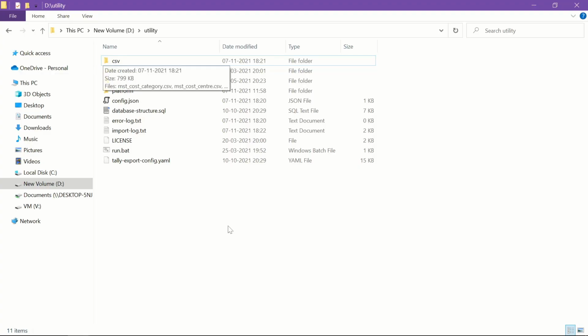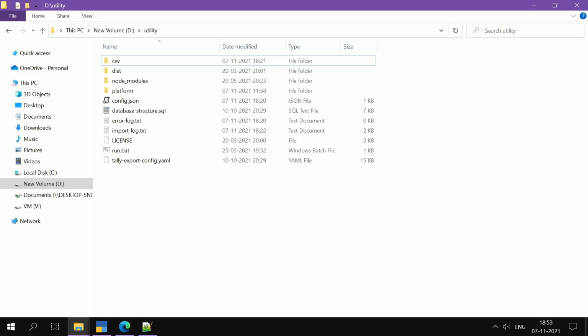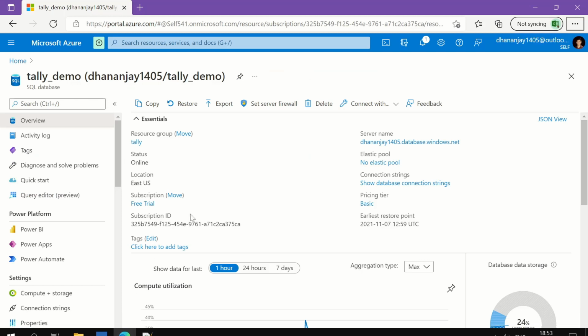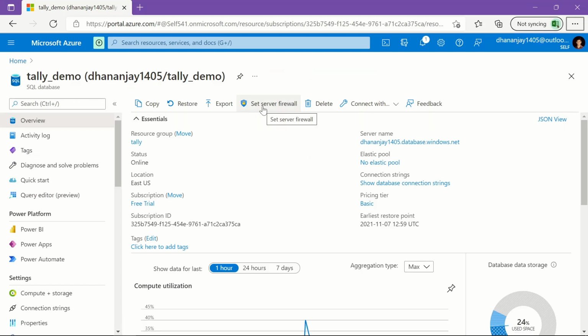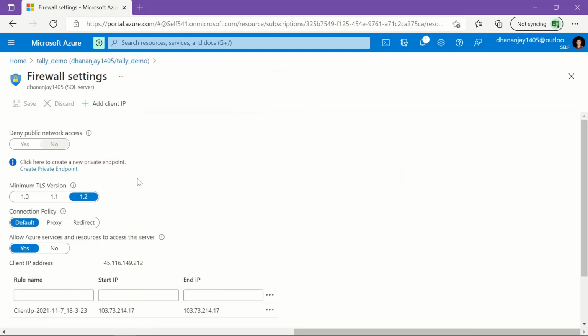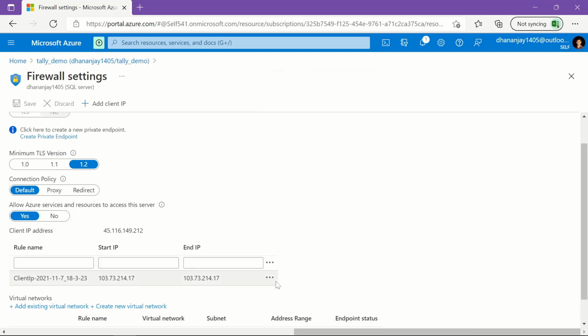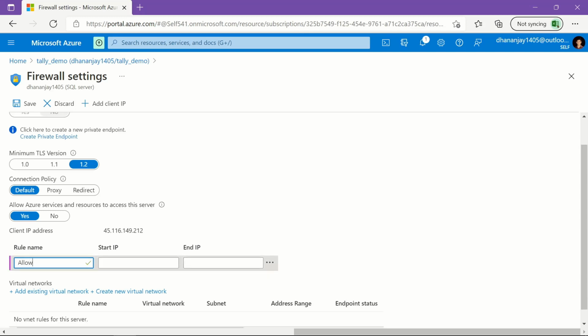Now, before we connect through Power BI, first we need to configure our Azure SQL Database Server firewall. So I'll go here and click Set Server Firewall. Okay, and currently I will remove my current IP address and instead let us name it allow all, let's name anything.